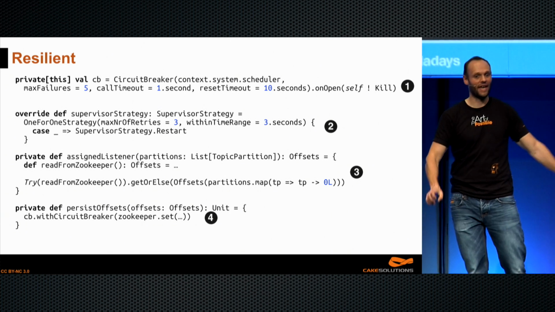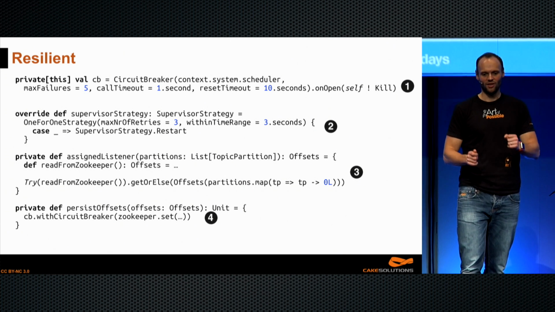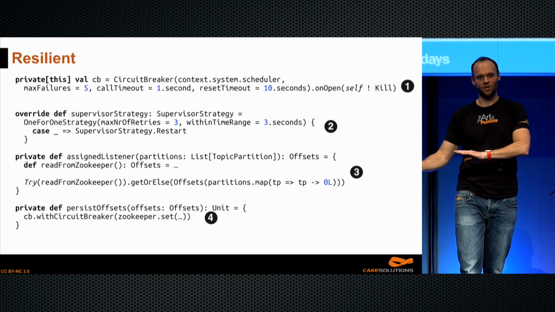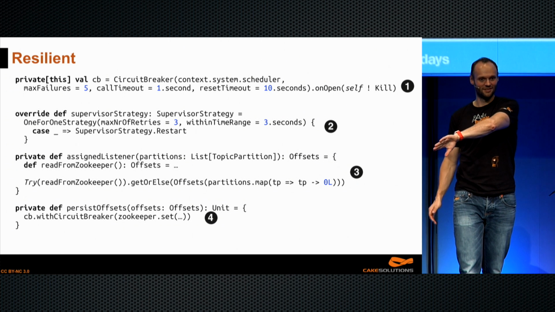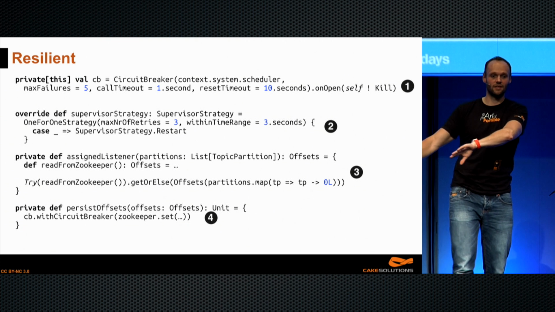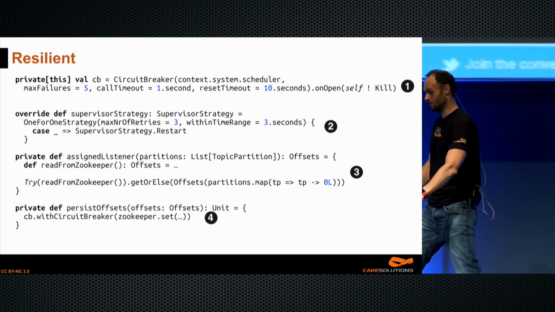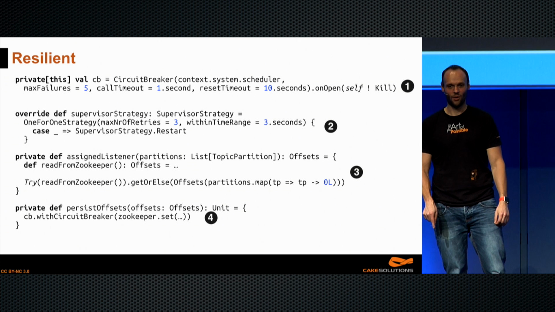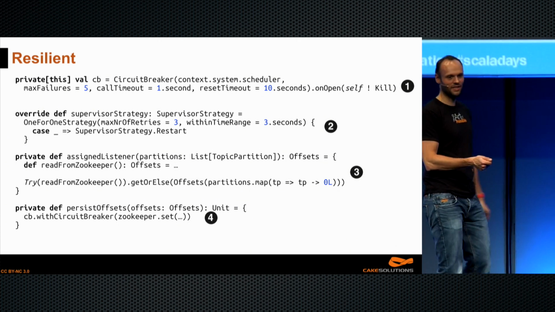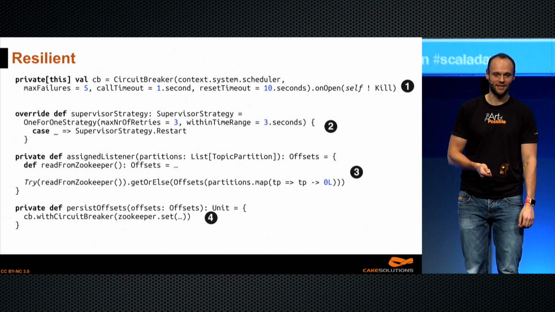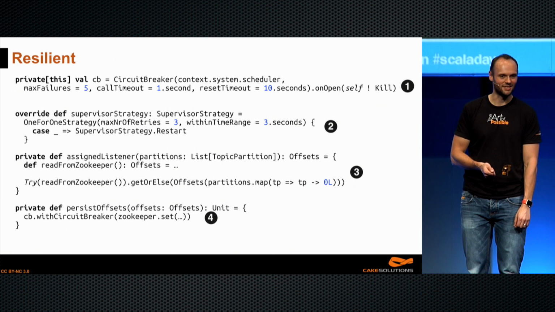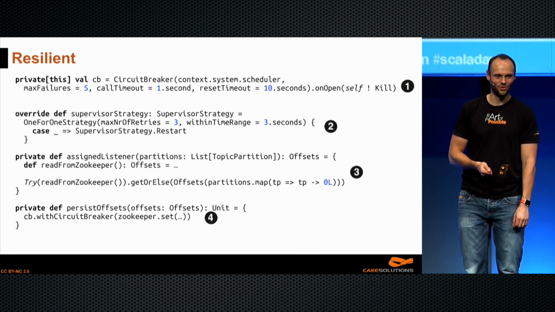Now, if we allow that to happen, the price we're going to pay in case we crash is that we're going to have to replay more messages, because we haven't written the offsets. So the last value is 97. We have now processed messages all the way to, say, 200. And we crash. Then we go back to this Zookeeper database and ask, what's the last value that you have? And it's going to say 97. Oh, wait, it's crashed. It's not going to say 97, is it? It's gone. Well, what do we do?